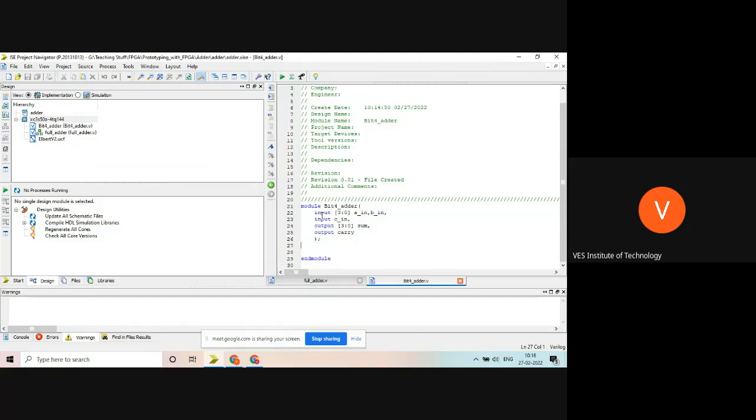Please make this program in the same project which we made earlier. If you have not made the full adder, quickly make a full adder or download it from the resource I have provided. The resource is available on the site. You may use that as a reference.